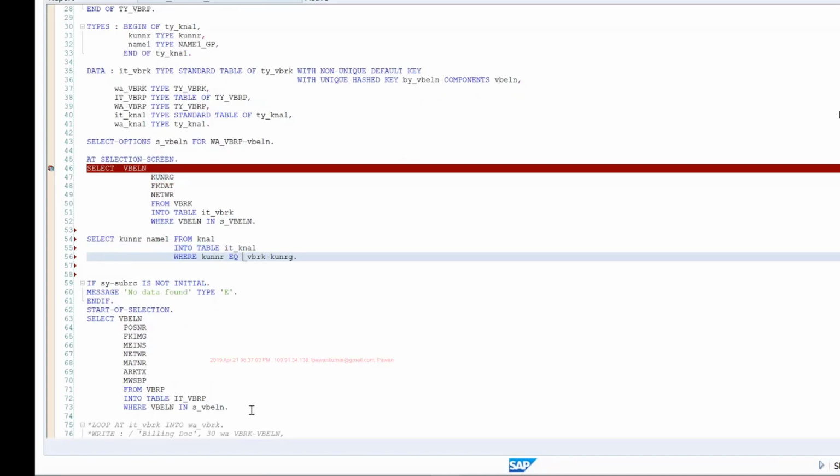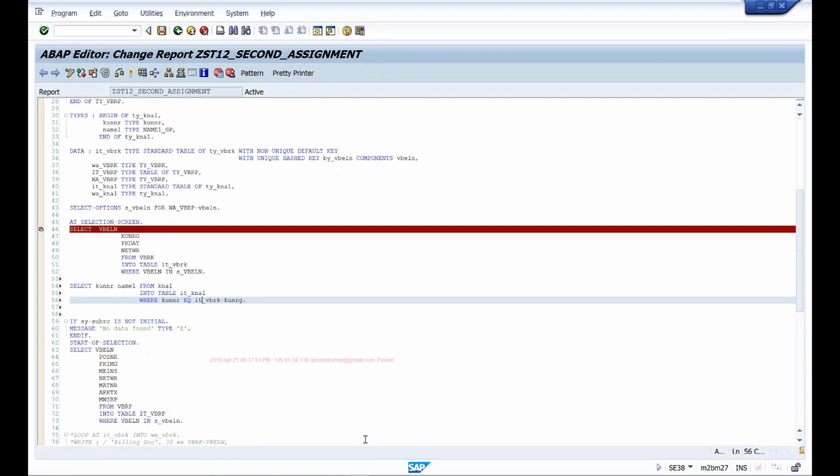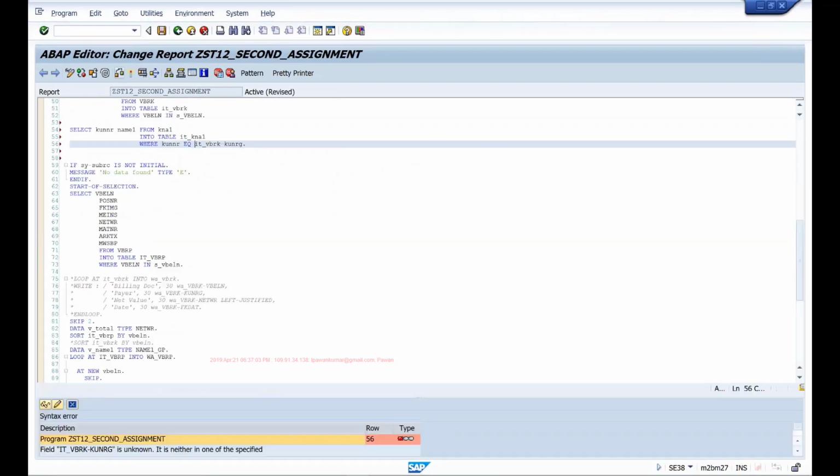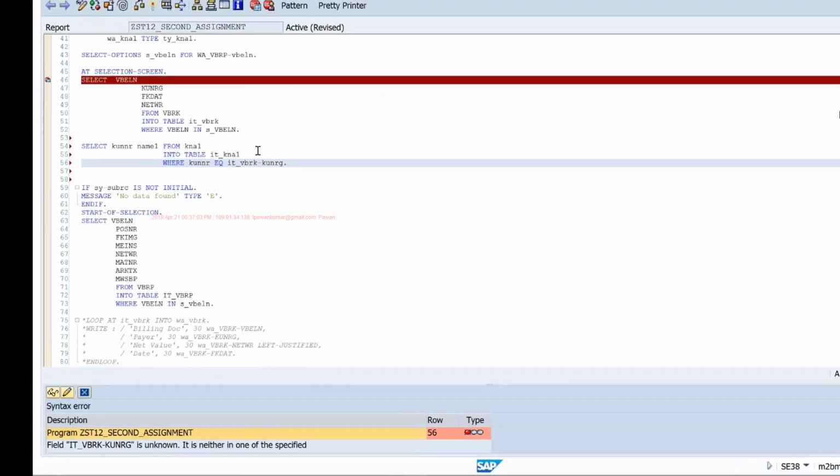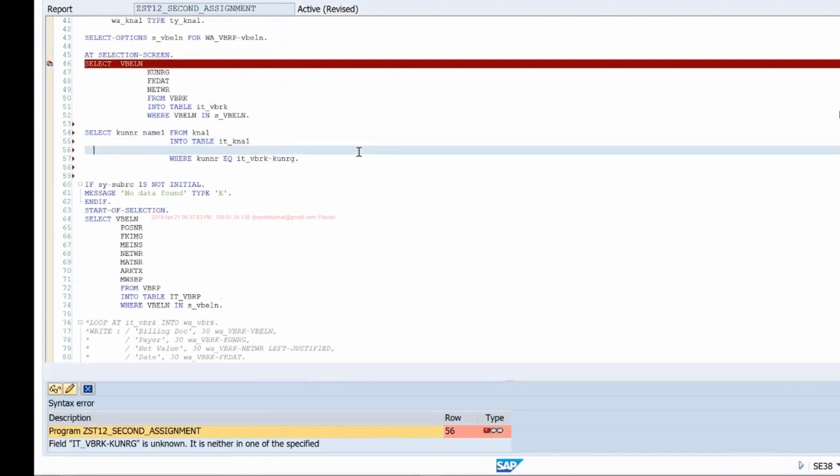But I have to compare IT_VBRK KUNRG, and at this point, if I do a syntax check, it will say IT_VBRK KUNRG is unknown, because it cannot directly read the field of an internal table. So before the where clause, I can put one addition called FOR ALL ENTRIES IN IT_VBRK.